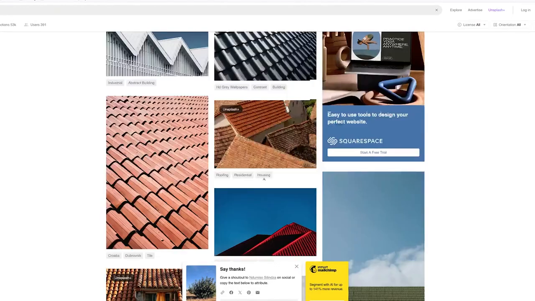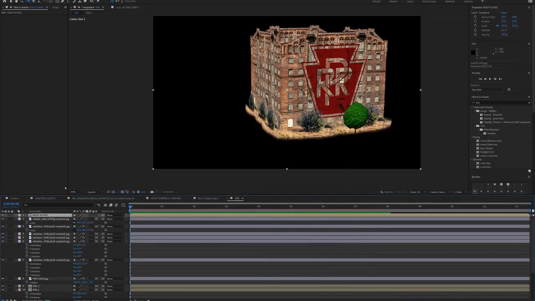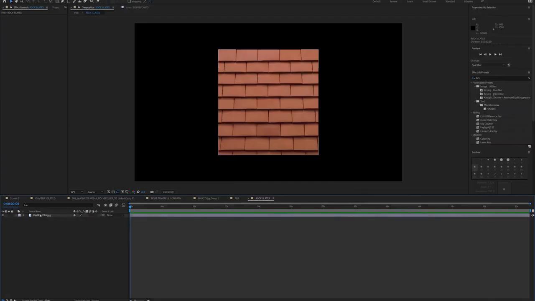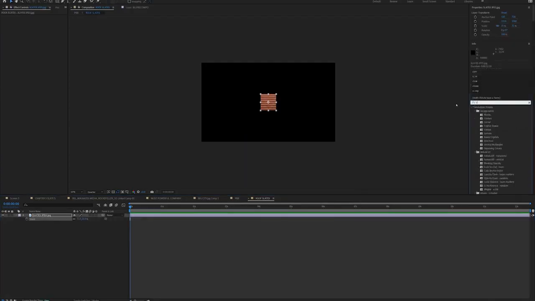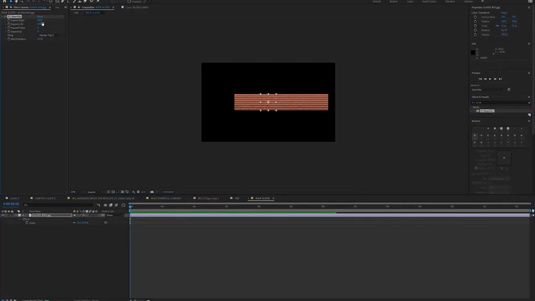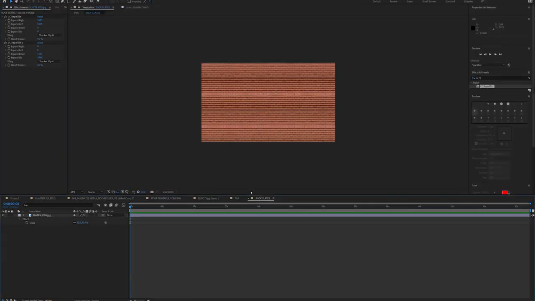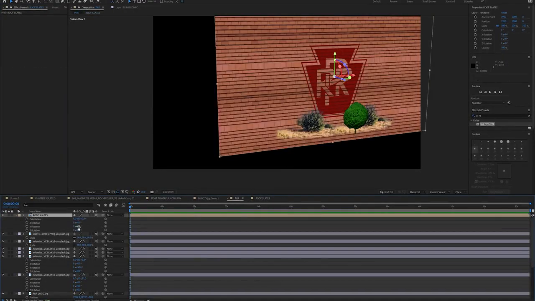Cool, so now I'm going to add a little roof. I found a flat image of some tiles. I'm going to make a new composition with these tiles and use the CC Repetile tool just to expand this texture. I'll do it with two Repetile effects so it takes up the whole composition. Lovely. And now I can take this into my Pennsylvania Railroad composition and rotate it by 90 degrees on the x-axis,